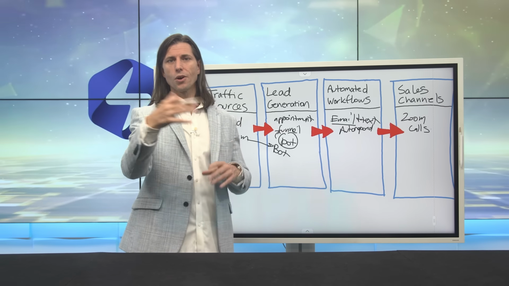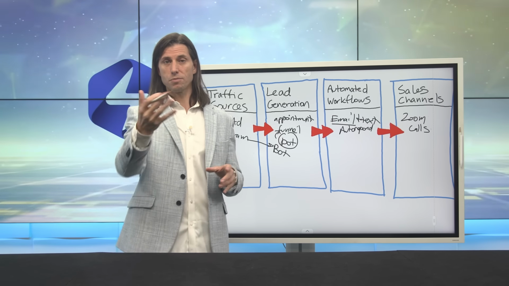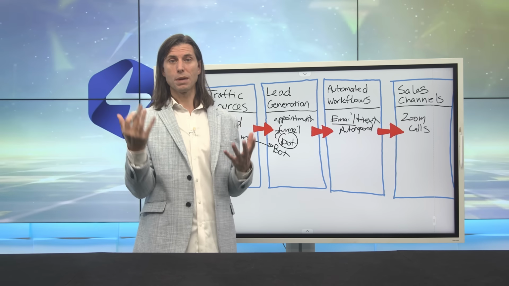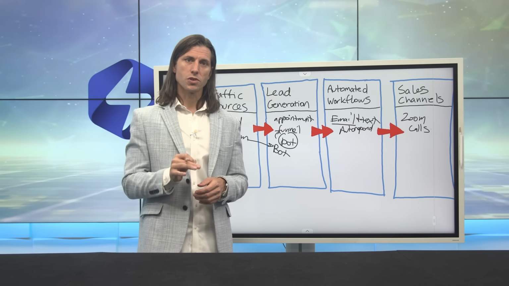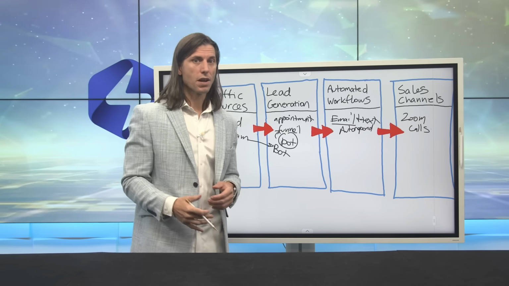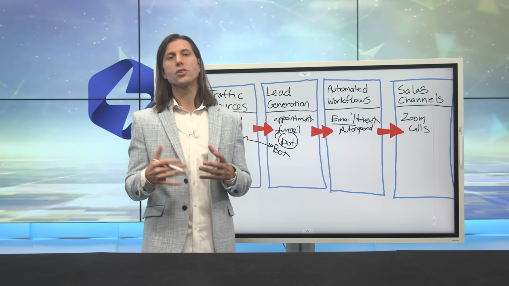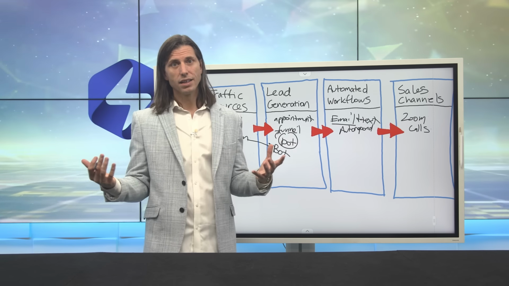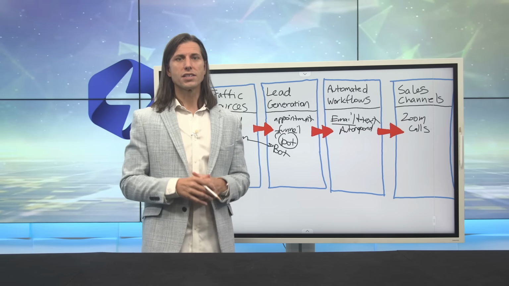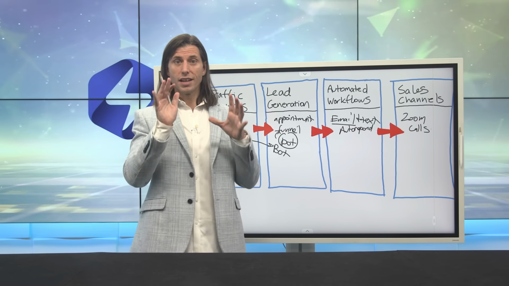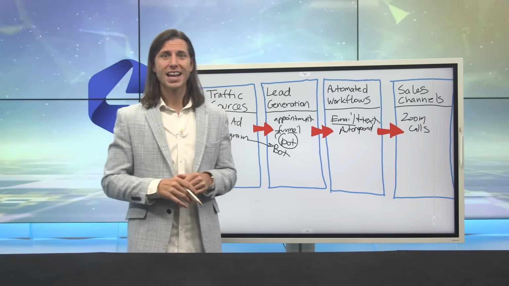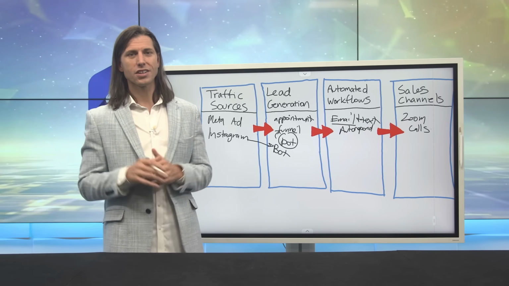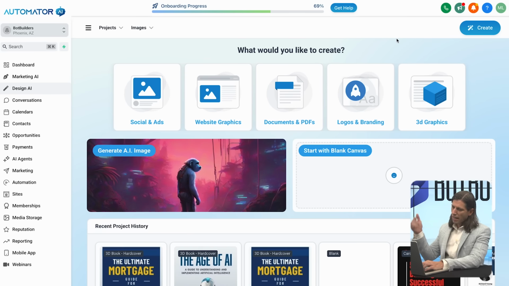And you probably already know what an autoresponder is, right? You've probably been in one before, maybe you've been in ours. But the crazy thing is that most business owners know what an autoresponder is and know they should have one, and they just don't do it. Why? Because it's hard for them to write and hard for them to set up, or at least it was before AI. So we're going to jump back into Automator AI here real quick and show you how to do this with AI. Okay, back on the computer.